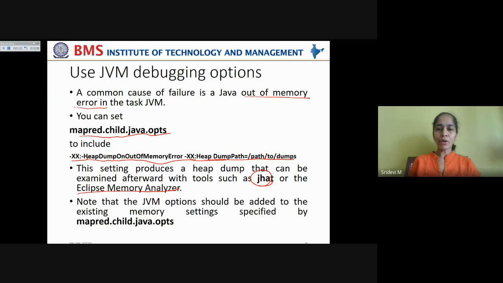Now note that the JVM option should be added to the existing memory settings specified by mapreduce.child.java.options. So using this, we can produce a heap dump that can be examined afterwards to find the root cause for this out of memory error.